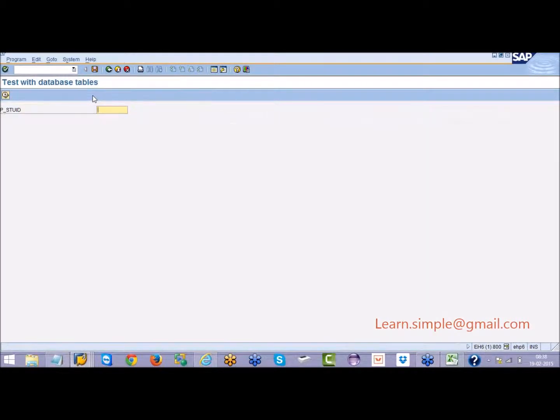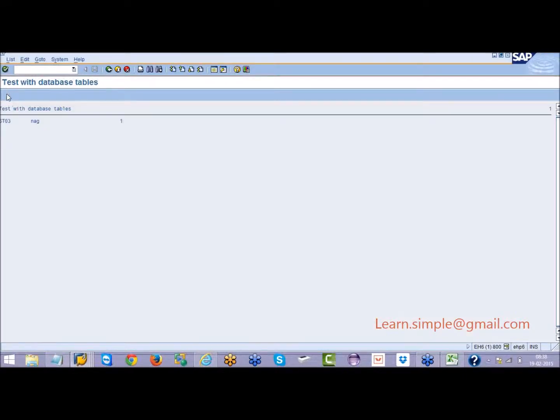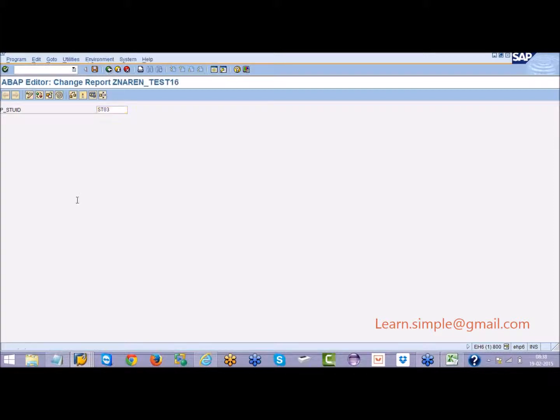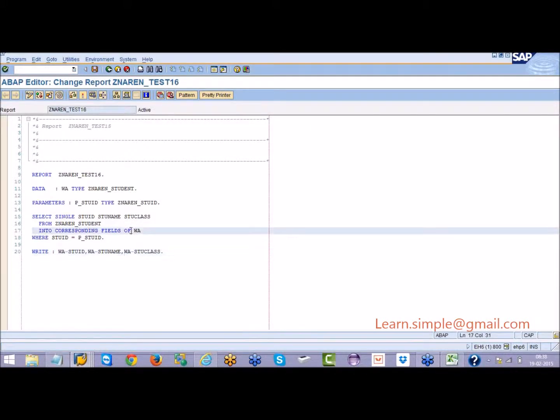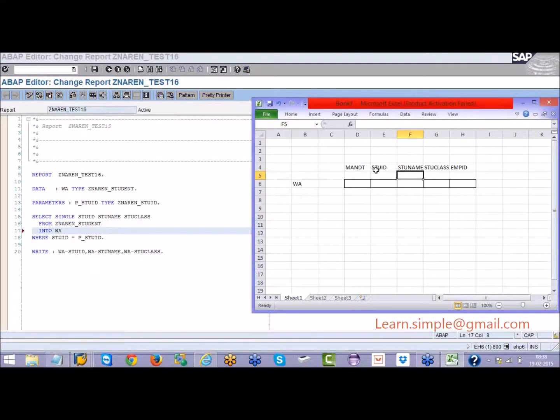So now when I give some student ID, I am getting the proper output. No problem. But if I forget to give into corresponding fields of, then what will happen? The student ID will come and sit in the first field of work area, that is nothing but MANDT, then student name, and so on.